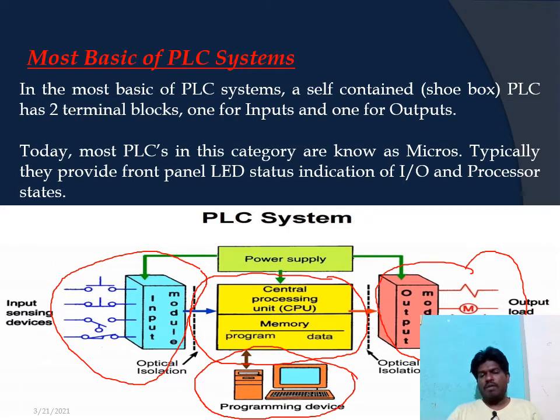Now we have another, that is the data memory. Here actually it continuously stores the changes in the input and output status. Which input is going high or low is recorded in this particular memory. And that's why this CPU consists of memory, so it works very finely and gives us the desired output.